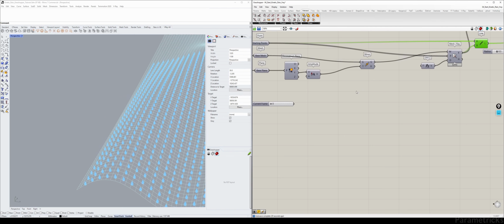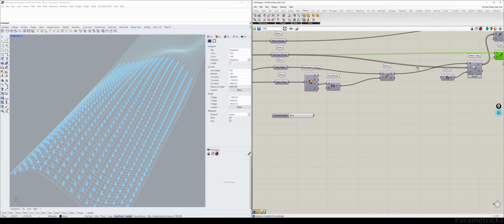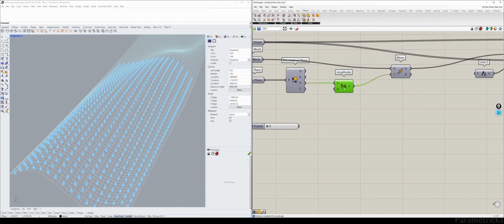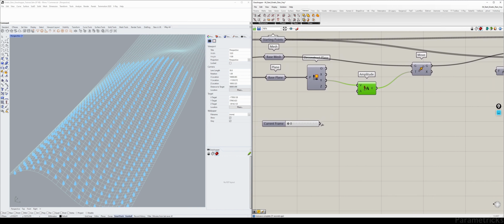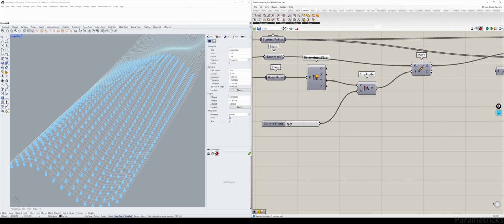I don't really need to see the strings. I just need to see the droplets. So we'll have that disabled as well. And as for the A, which is the amplitude, in a quick way you can attach your current frame. That's not how we're going to do it in the end, but just to show you that this